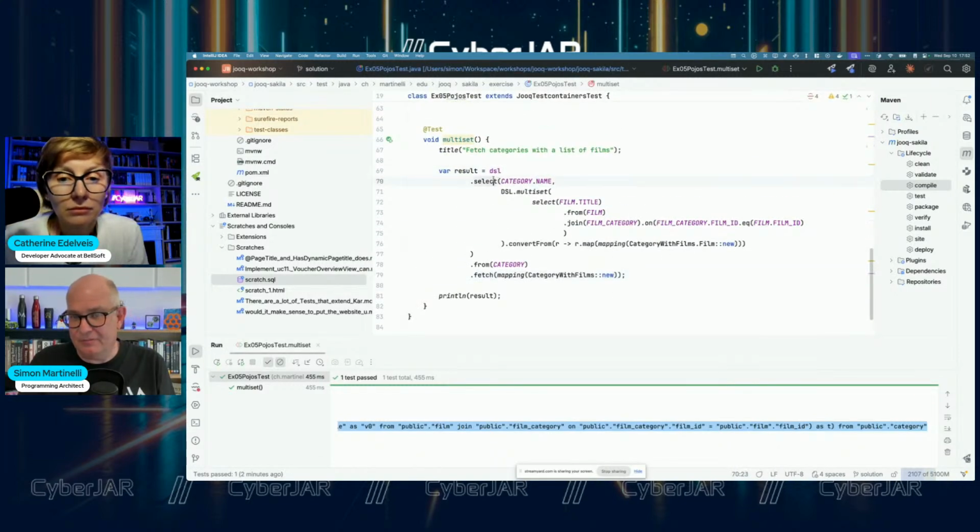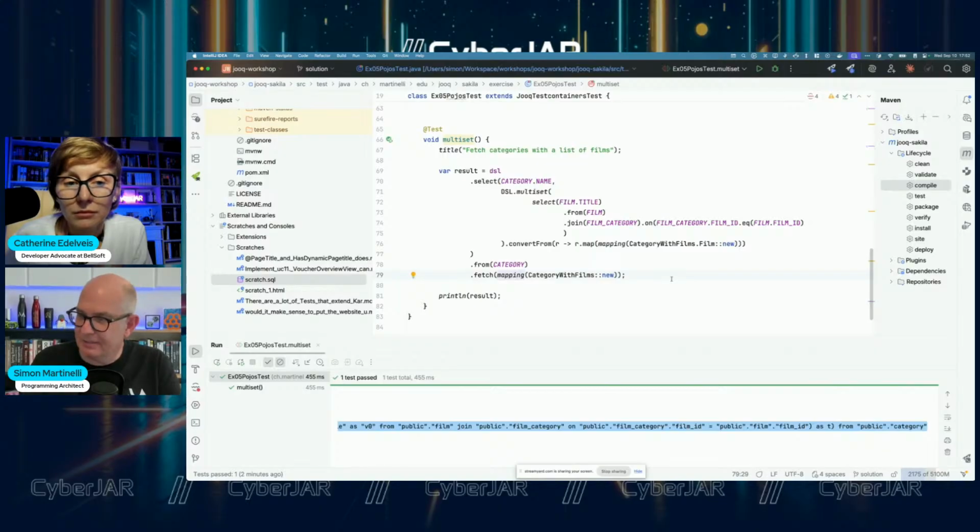So we have the query that is type safe, again using our meta model. And with the convert from and the mapping in the fetch, we will get the objects. And because we use this constructor reference, we also have a check that the types are correct. Amazing. That's really powerful. I love it.